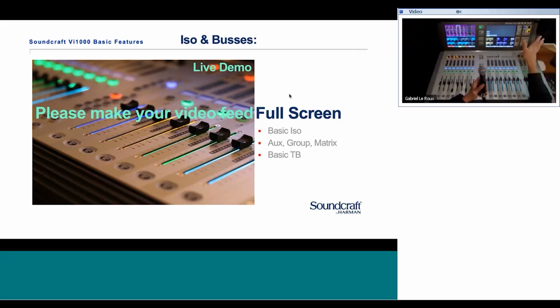And the most common setup obviously is you're a front of house or a monitor engineer and you want to be able to talk to some auxiliaries to talk to the artist. There's a nice little button when it comes to patching. It says none. I'm just going to use that for a second. And I'm going to say preset 1